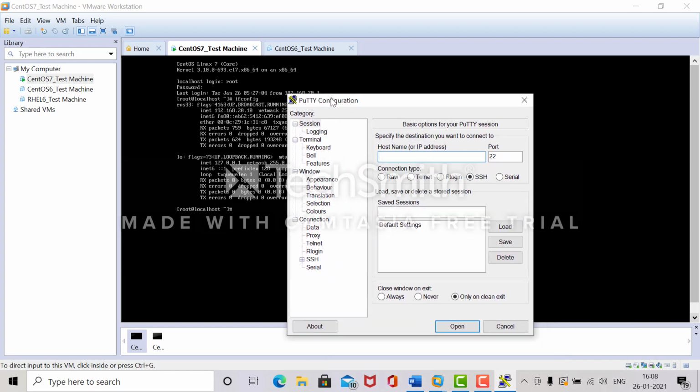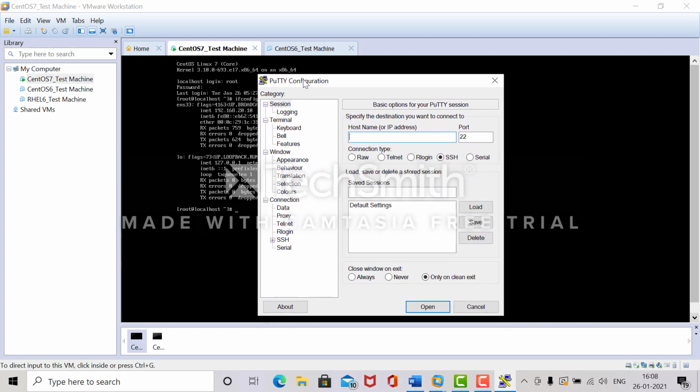I will show you that the server is reachable from the outside world as well. You just enter the IP 192.168.20.10, which is the server IP, and port 22, which we are using for SSH. You can change the SSH port as well to make it secure. I will tell you in my next lectures how to change the SSH port and all.